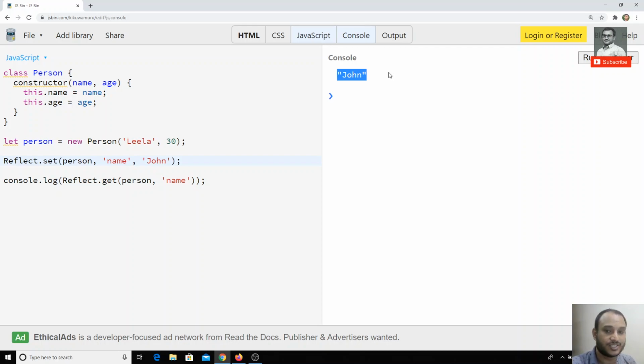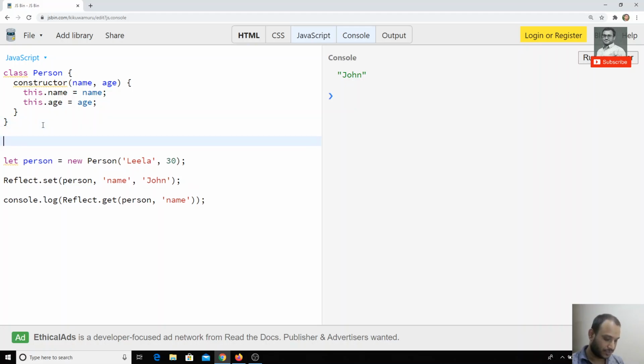Now here, another important thing is that we can change the this operator also. For example, here this represents this person. We can change this to represent another object using Reflect. Let's see how.